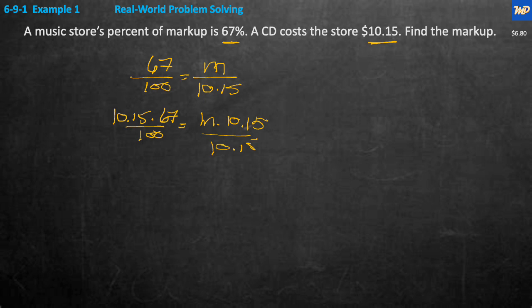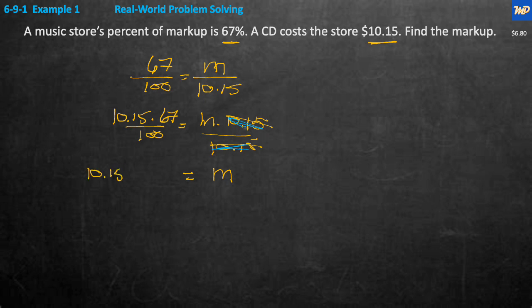So this is how we work this out. In this case, the $10.15 disappear. I'll change the color here to blue. These disappear, and we're left with M. So back to the orange. So M is equal to